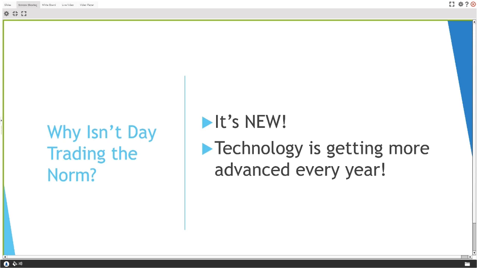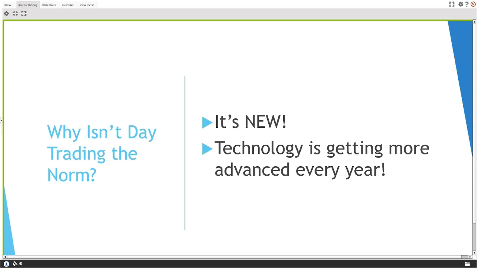So that's one of the big things about day trading, why you don't hear your parents do it, or why your grandparents didn't do it as well. One of the things is they were limited, as they didn't have the same technology. They didn't have what we have currently at this time, right? And that's such an amazing thing.